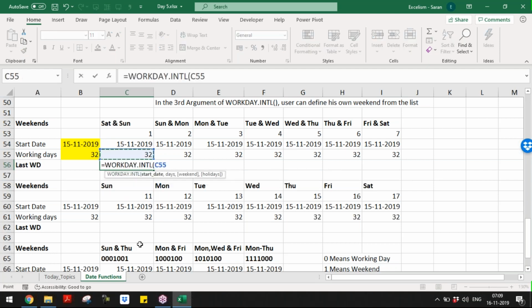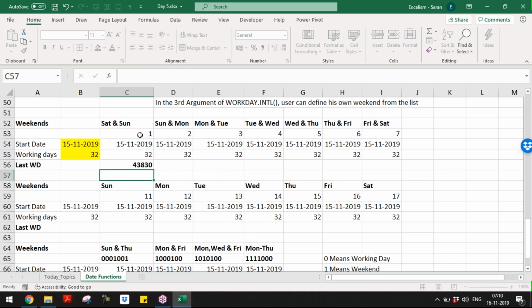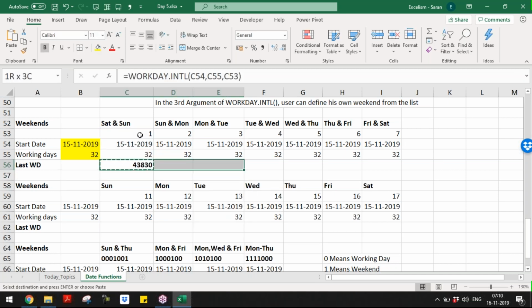WORKDAY.INTL, start date, comma, these many working days. As I told you, the third argument is weekend, exactly like our function NETWORKDAYS.INTL. In this weekend argument, you can select 1 for Saturday and Sunday, 2 for Sunday and Monday, 3 for Monday and Tuesday, and so on. Let me take 1, copy and paste.